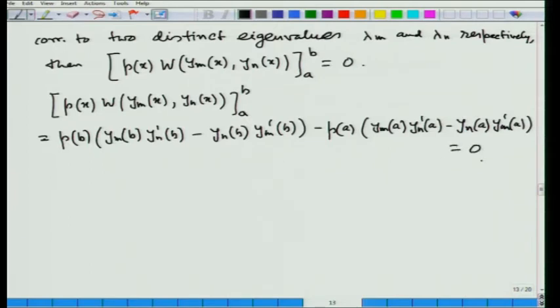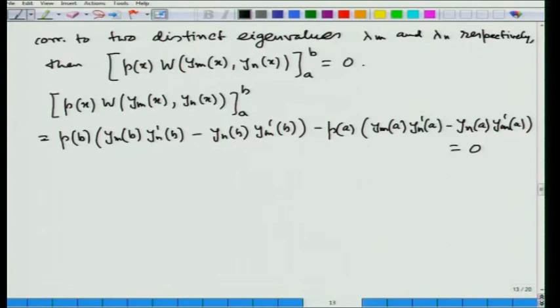We have to prove this. Now, recall that whenever we have mentioned the boundary condition, we have mentioned m 1 and m 2 are not simultaneously equal to 0. Now, y m and y n are solutions of the Sturm-Liouville boundary value problems, because they are the